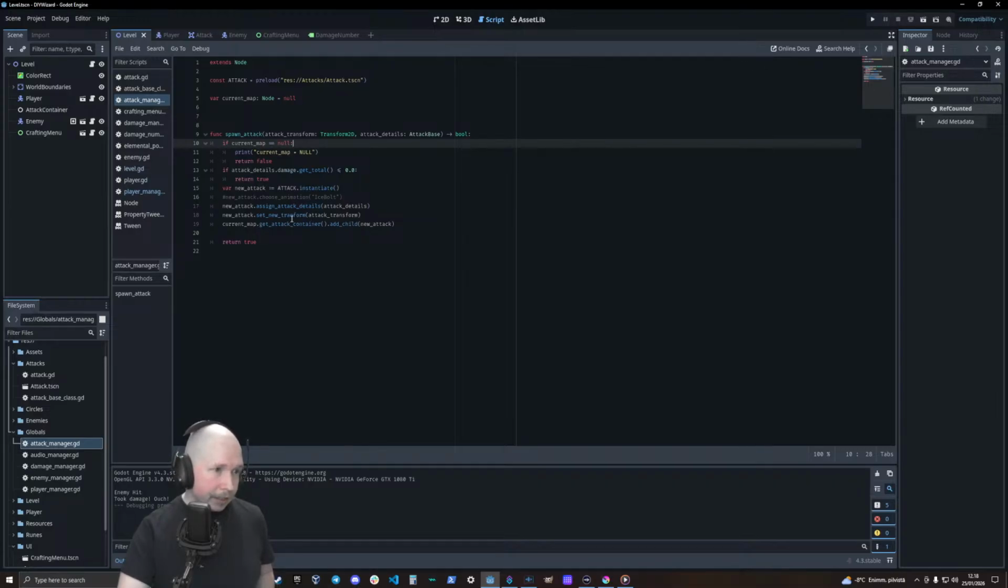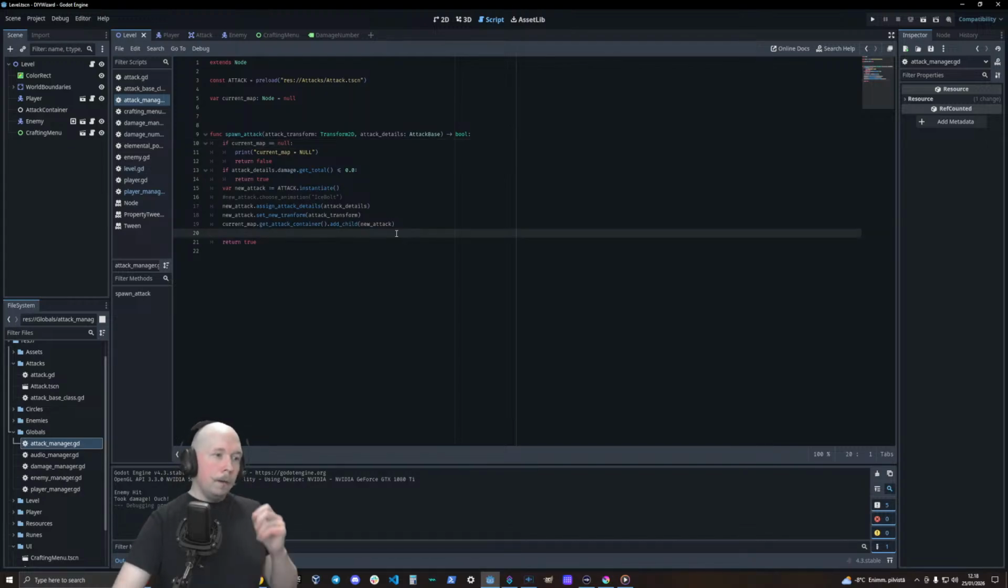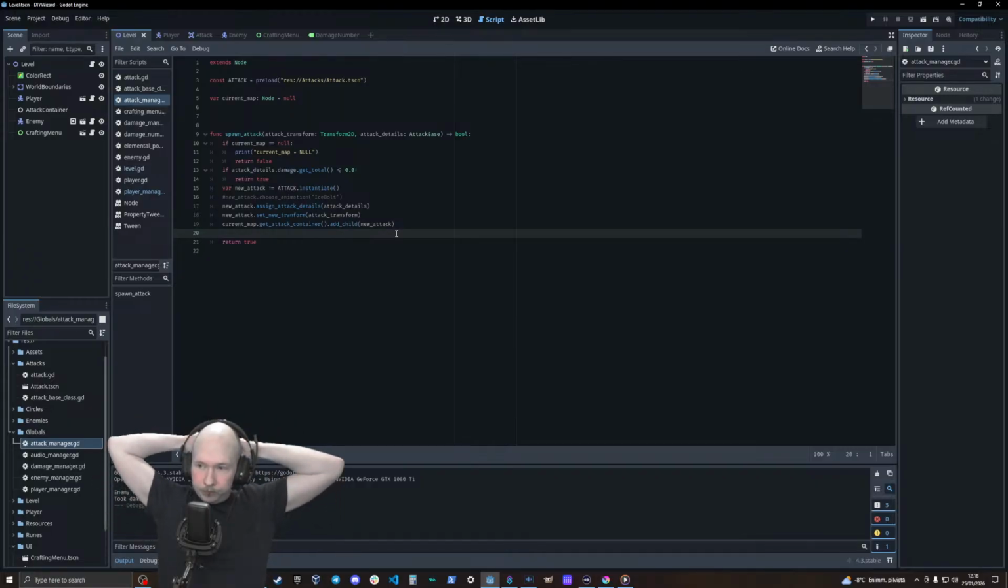Now, new attack, set new transform from attack transform. Attack transform, we get from transform 2D, attack details from attack base. Instantiate new attack near the current map. Get attack container, add child, new attack. So at what point do I then